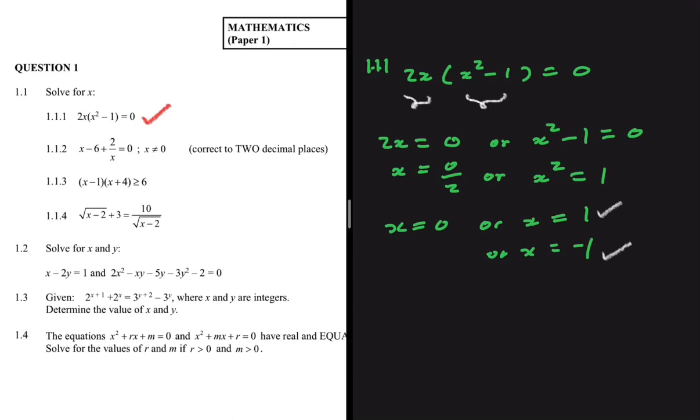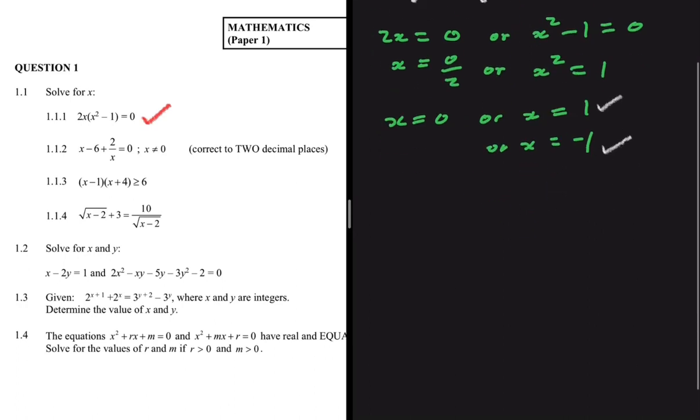This is the approach we take when we have a question like this. If two numbers are multiplying each other, or let me say two terms, and the result is 0, the product is 0, then one of the two numbers or the two terms should be equal to 0, just like we have in this case. Let's look at